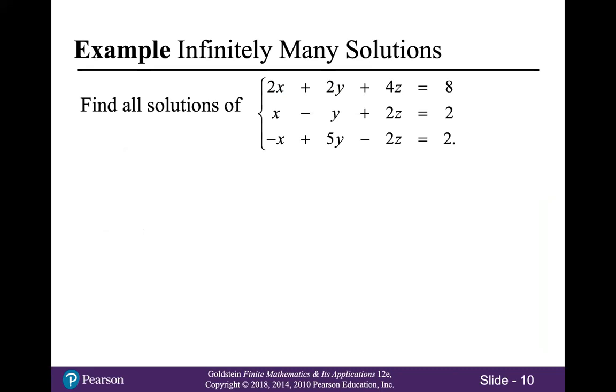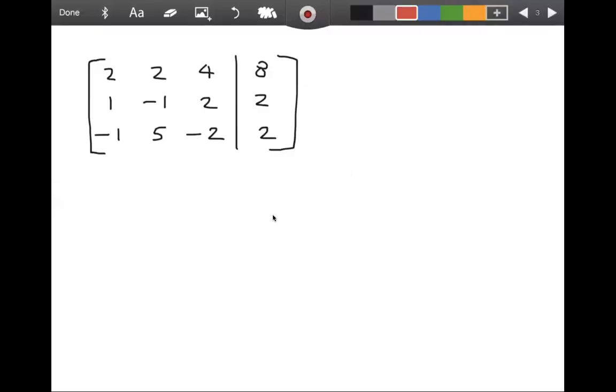As we look at this example, we're going to find all solutions of the system 2x plus 2y plus 4z equals 8, x minus y plus 2z equals 2, and negative x plus 5y minus 2z equals 2. So I'm going to start by switching over to the tablet where I have already written down the augmented matrix that represents this system. And you can see that system here. All right, so let's